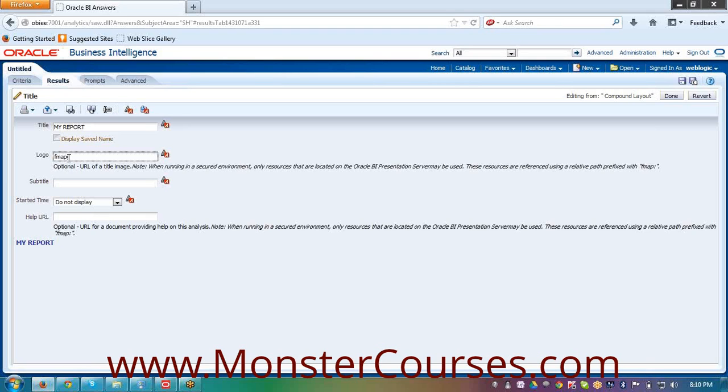And by default, there is a folder called images. In your OBIE, there is a folder called images. You need to search for this folder, and whatever logo you want to have, you have to place in this folder. I'm directly accessing the logo from here, and there is one logo called report_call.jpg. There are different logos.